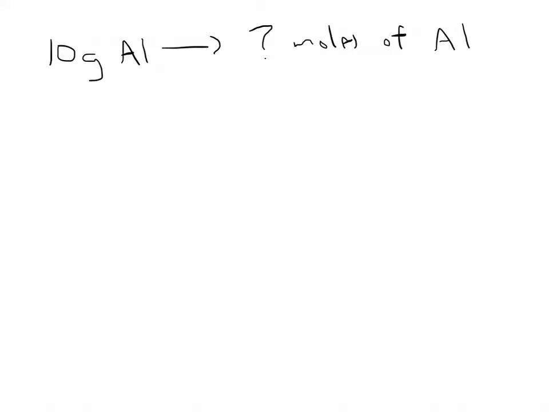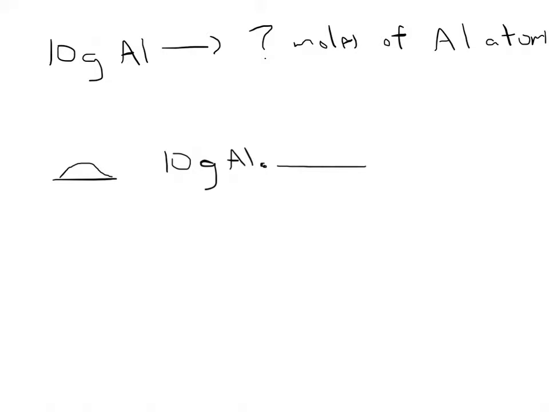Let's say that we had 10 grams of aluminum. Take a piece of aluminum foil and crunch it up into a ball, and that's about 10 grams of aluminum. How many moles of aluminum atoms is that? Well, this might seem like a conversion from our early stuff. Early on we did conversions, and if you're thinking conversion, you're right. That's what we're going to need to do. So I'm going to start with my known, which in this case is 10 grams of aluminum,